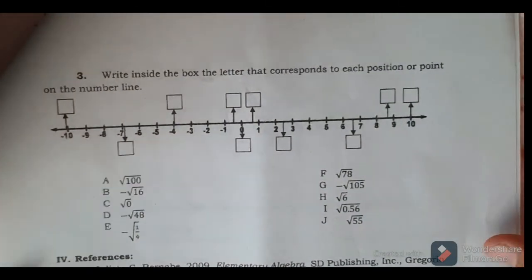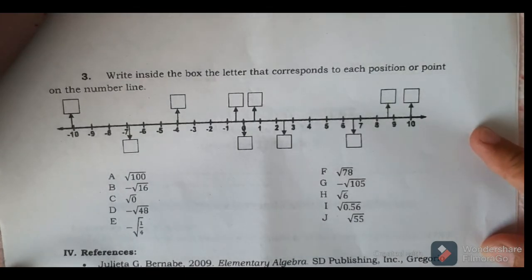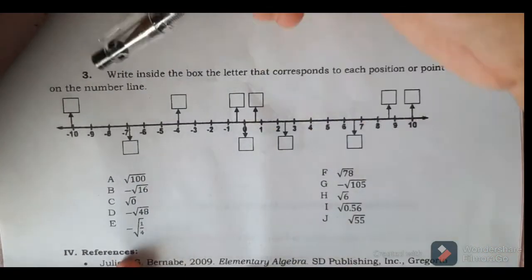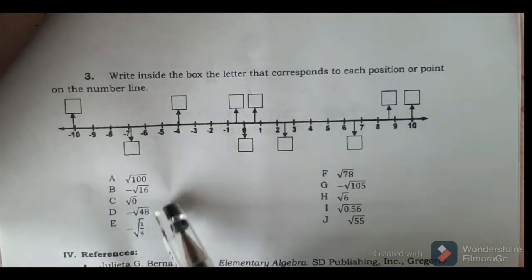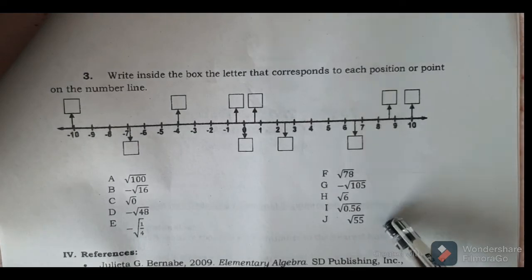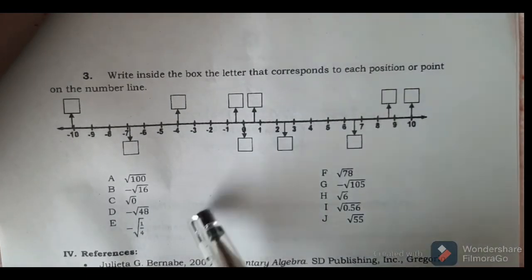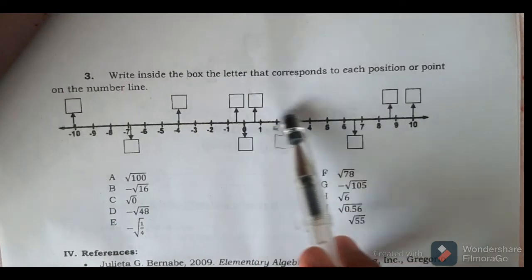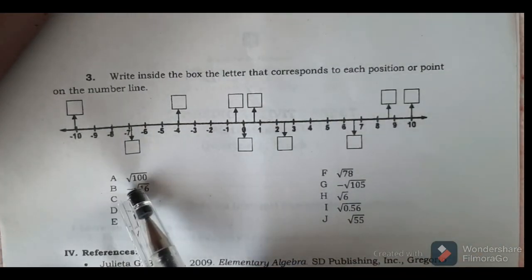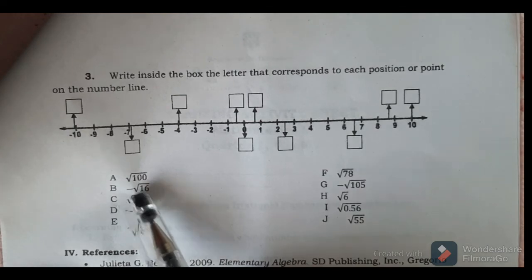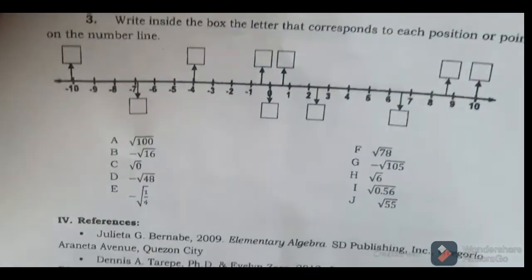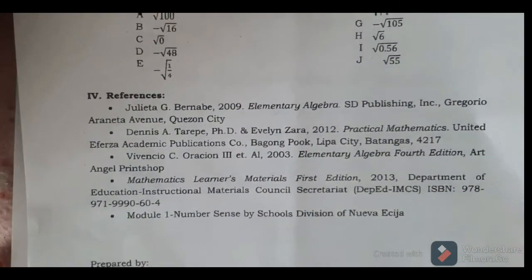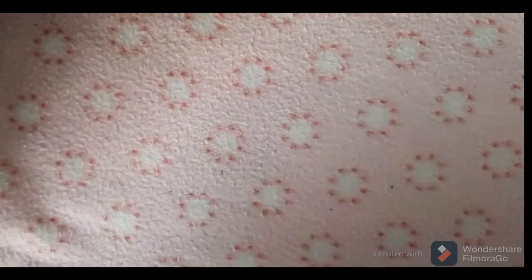Then, for number 3, ang gagawin lang naman is, ilalagay nyo lang dito, anong letter ba dapat dyan? Okay, di ba may mga numbers tayo dito? After finding the square root of each, try to locate them on the number line. Halimbawa, letter A, square root of 100. What is square root of 100? Halimbawa, ang sagot is 10. So, therefore, you're going to write here, letter A. Okay? So, that is what we're going to do for